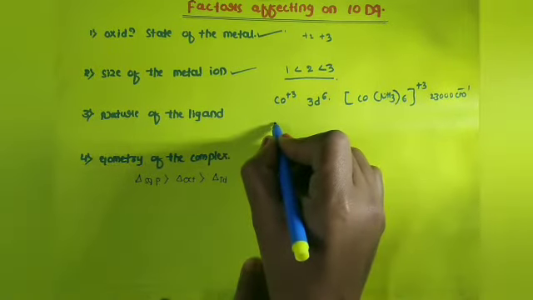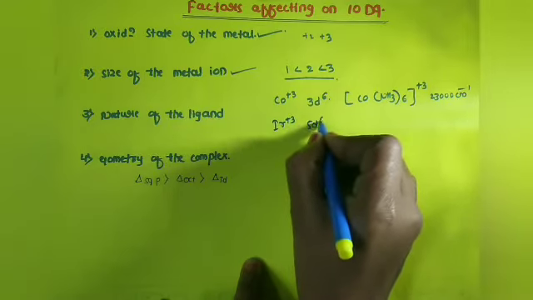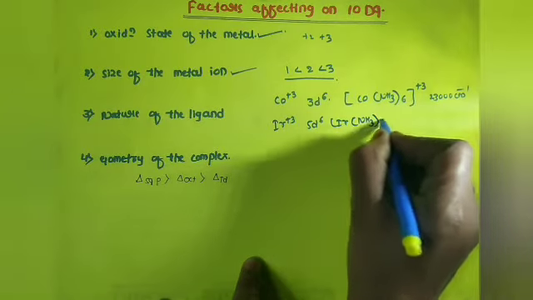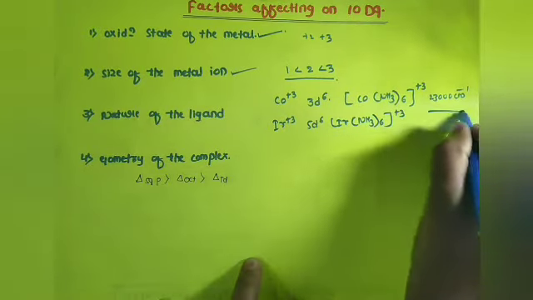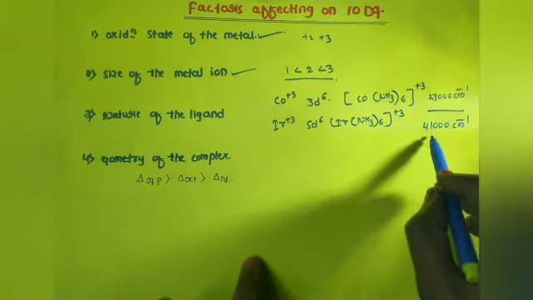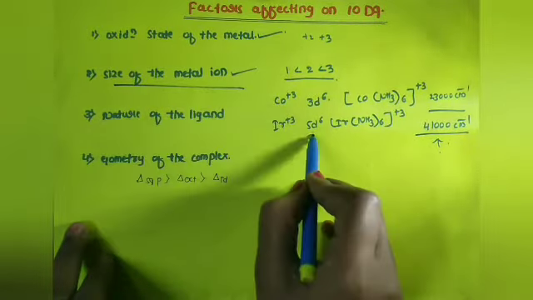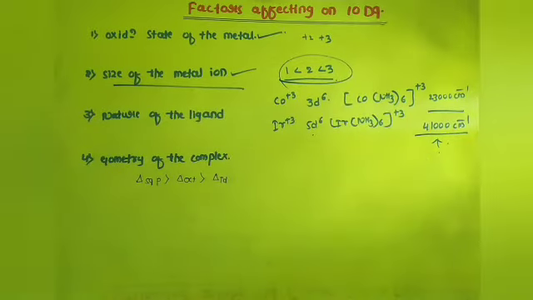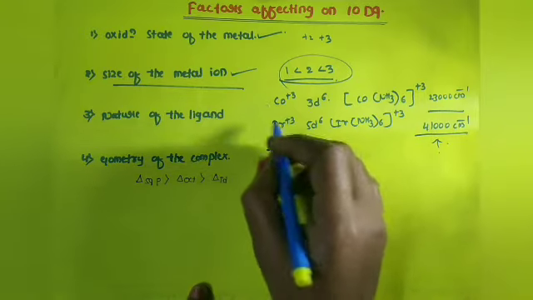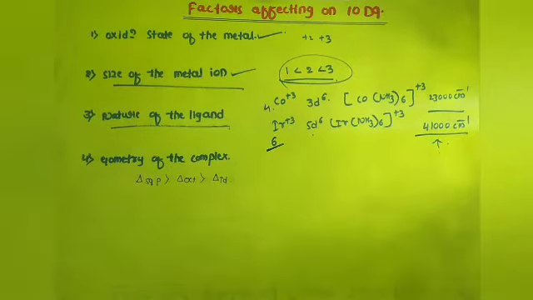And the other one I am taking here is iridium plus 3. It is in the 5d6 state. I am taking its complex here, the hexaammine iridium(III) complex. Its CFSE value shows 41,000 per centimeter. And then which is the highest value? Automatically it is the highest value. So now here the size of the metal ion depends upon the transition series. Okay, so now here it belongs to the 6th period and it belongs to the 4th period. Next one is the nature of the ligand.